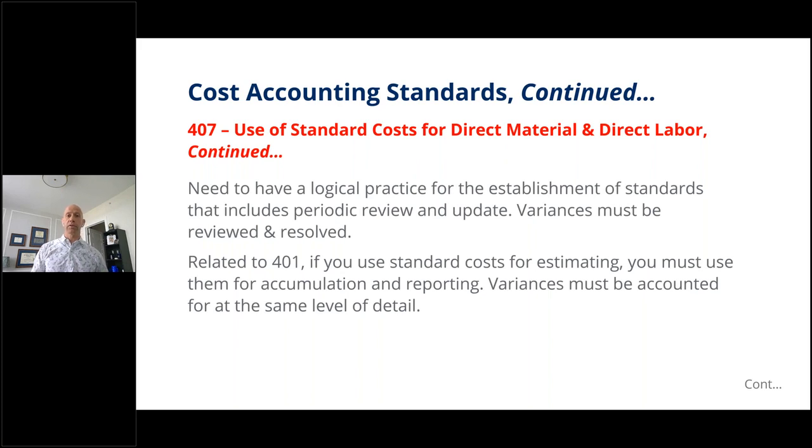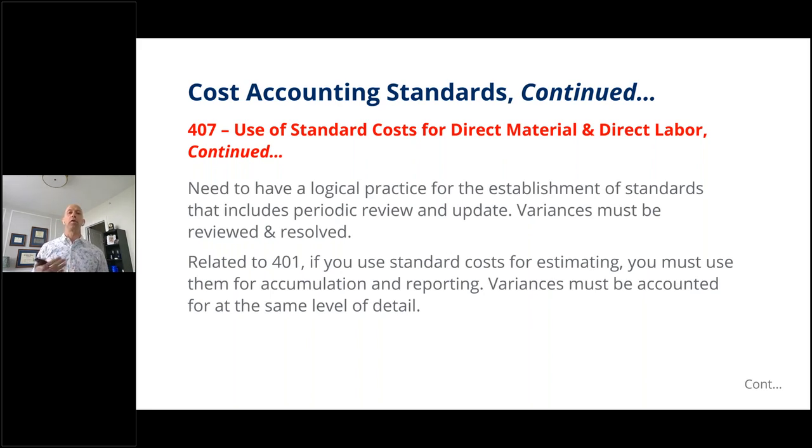The other thing is that there are differences in materials. We see swings in the purchase price of materials, and that kind of information needs to be updated. Also, let's say your current standard was based on buying material in quantity of 100. Now you're proposing, and as long as you're proposing standard cost, that's okay, but maybe now you're proposing something to the government that's quantity 500. Obviously, buying material at quantity 500 is going to be a different price than buying at quantity 100.